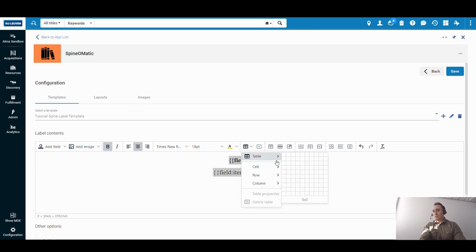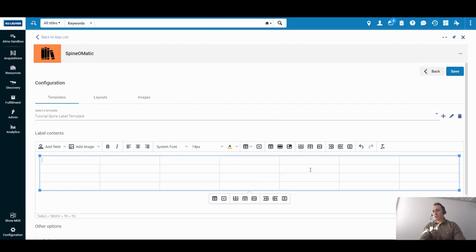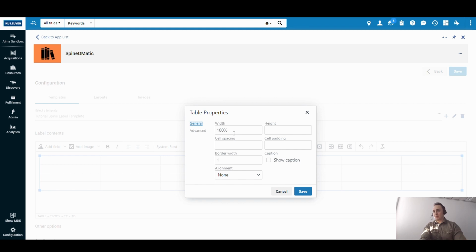Then I can add a table. Here I can define its dimensions, and here are some shortcuts, so I can delete the table also. I can access the properties. There are some specific table properties, but this is not important for now.